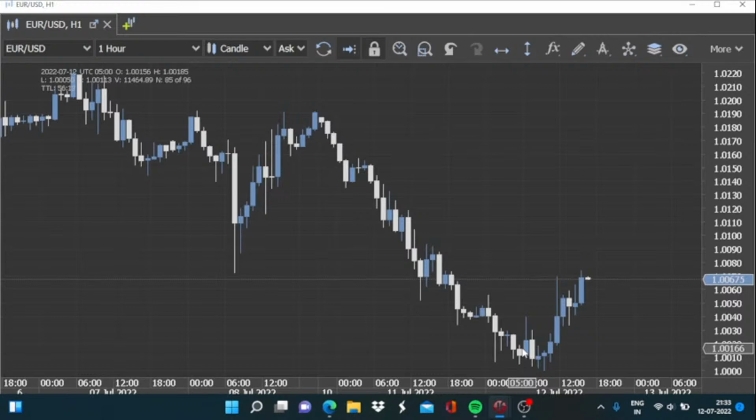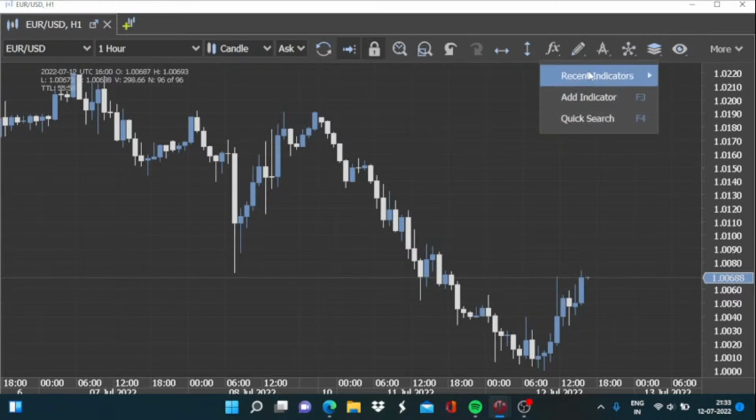Now Euro USD has climbed back almost like 60 to 70 pips from day's lows, and even personally I had taken one trade early in the day which has closed on a profitable note as I had gone long close to these day's lows. Now that aside, we will be looking to plot the indicator,